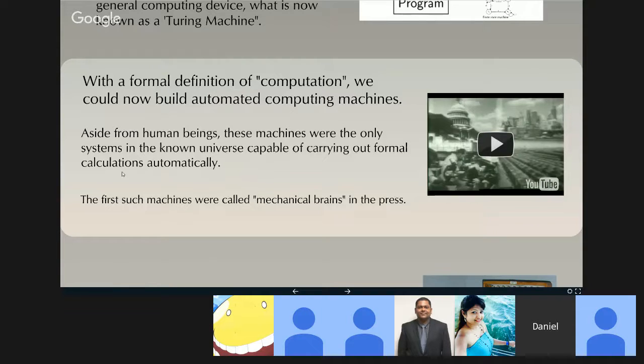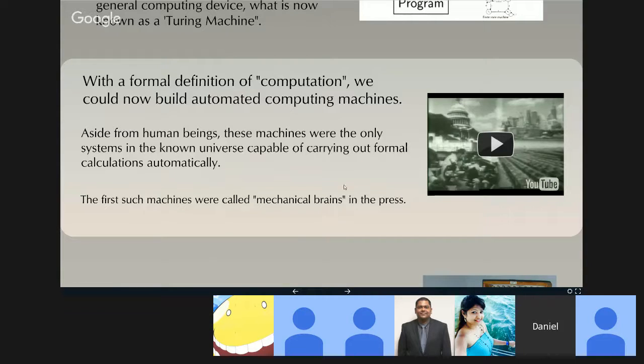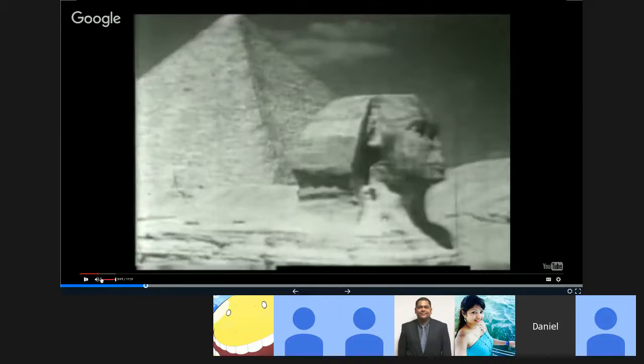Okay, and at this early stage, not only were computers completely novel, but we didn't really know how to think about them at all. We didn't even call them computers because the word computer was the name for a job that a human had. So instead of calling them computers, we would call them things like digital or mechanical brains. Mechanical brains fed into some of the science fiction fear and paranoia in the populace, being afraid of these machines. I'm sure you've seen lots of videos of old computers. I'm just going to show you some of the pictures.